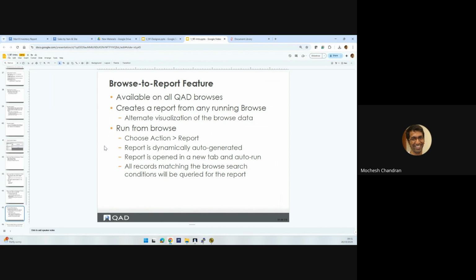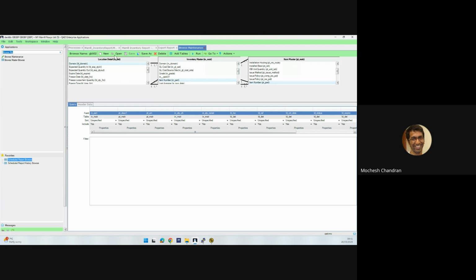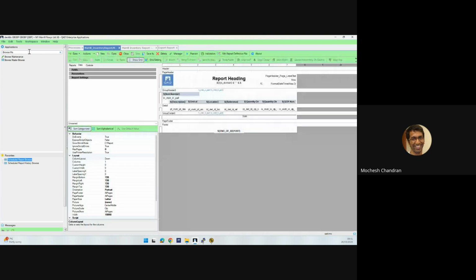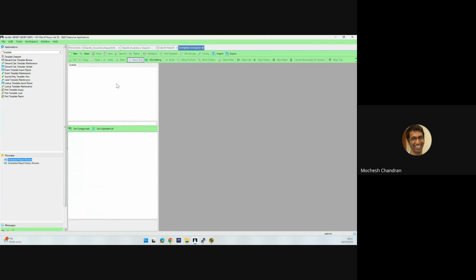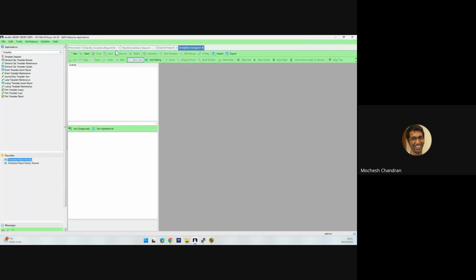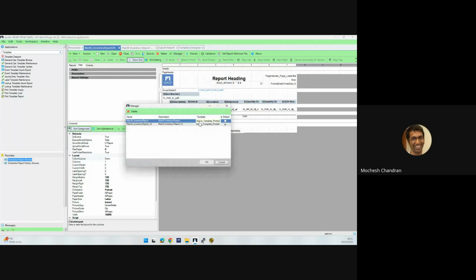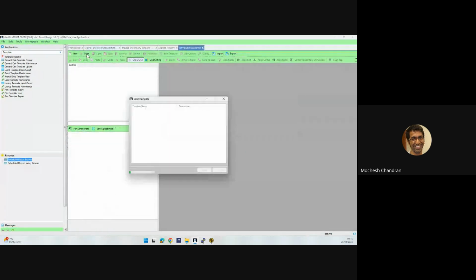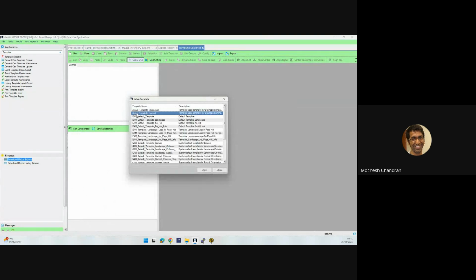All right. So we looked at the design. There is also something called the template designer. We'll be looking at this more in detail. So there is a menu called template designer, and if you go to the template designer, these are all the templates which are available in the system. And if you look at the inventory report, I picked the template as active template portrait. That's the template which I had picked. If I go back to the template designer, and if I look at active template portrait,